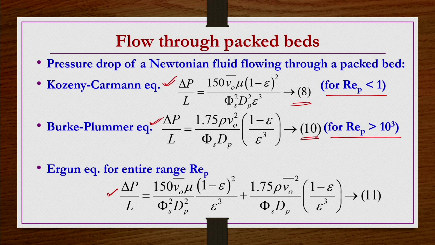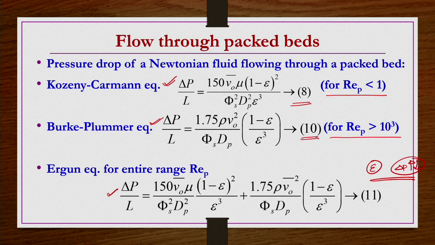He also found, by doing several experiments, that a small change in epsilon shows a significant change in the pressure drop, whether increasing or decreasing, depending on whether epsilon is increasing or decreasing. Even a small change, say if you change the voidage from 0.44 to 0.46, is going to show a significant effect on the pressure drop. That also Ergun found by doing several experiments. Up to this part we have seen in the previous lecture.